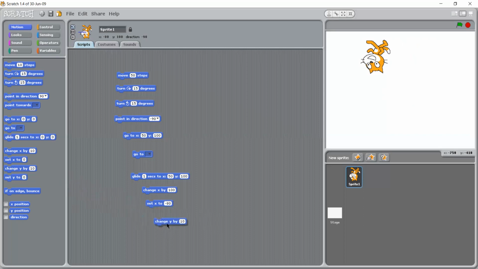So I will again drag it here, change y by 10. You can see that it will reach there where it changes its position. It will reach there when the value of the y-axis is 10. You can see that, 10. Now I will change it. First I will move it downward so that you can see its changes. And I am changing its value also so that it will be clearly visible for you. So positively it will move. You can see here y is plus 50. So it will reach there where the y-axis is 50. You can see the changes there.